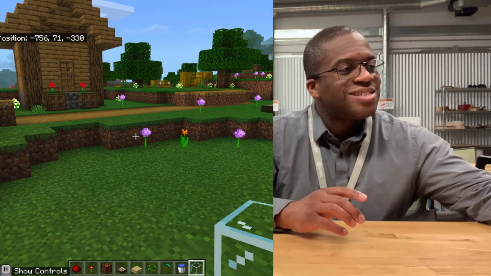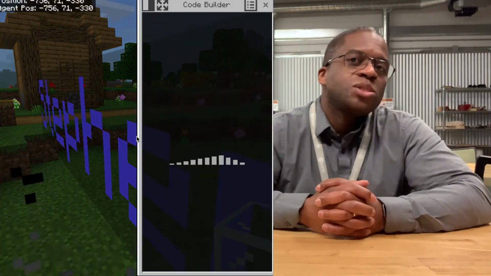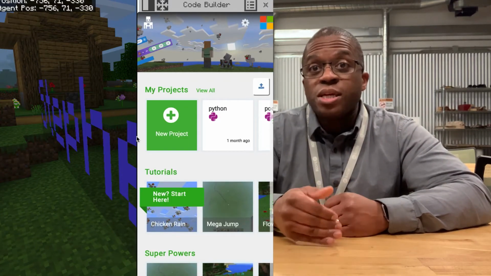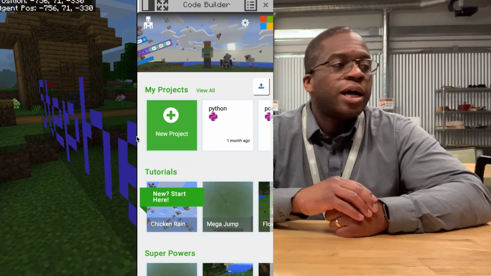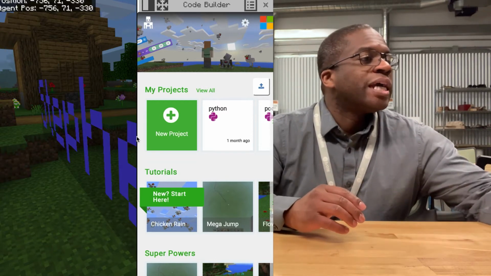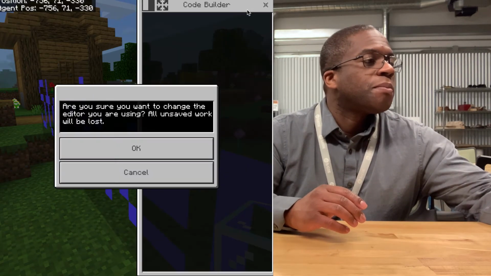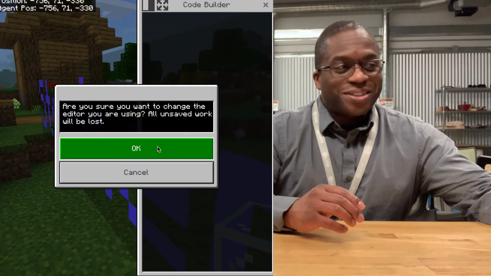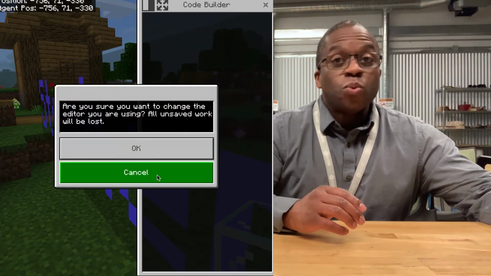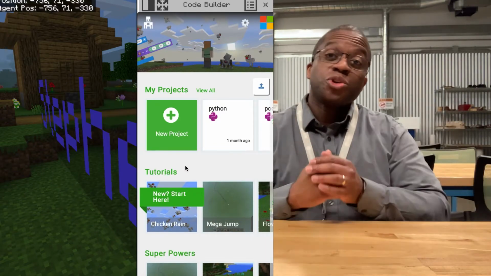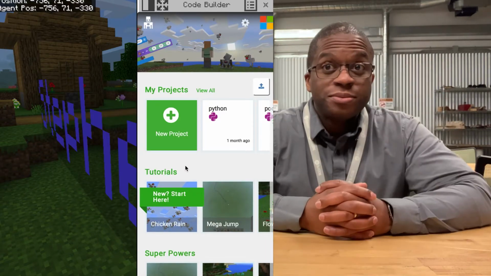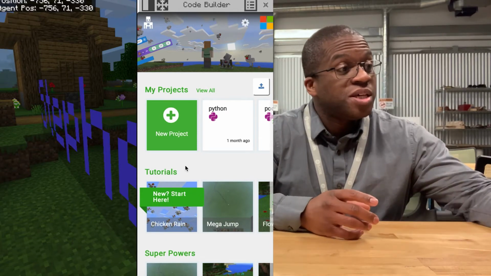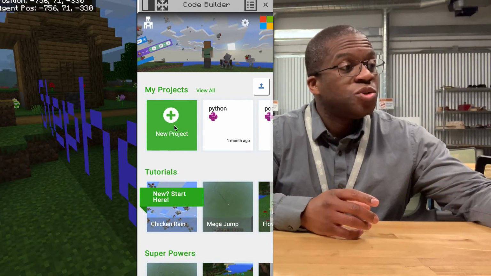I'm going to hit C, and that's going to bring up something called the code builder. Now, if you hit C and it gives you three options, like this, I don't really want to lose all my work, so I'm going to say cancel. But what we would see is three options. You're going to choose the top option, and it'll be make code, and that'll take you to this. I'm going to say new project,